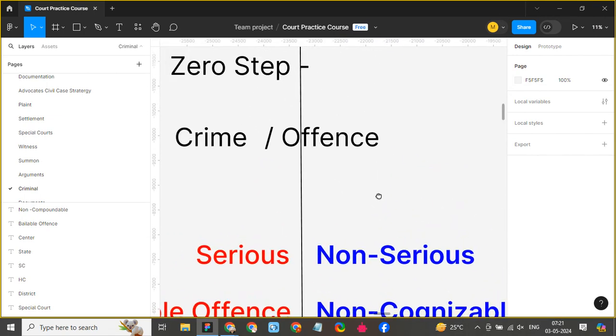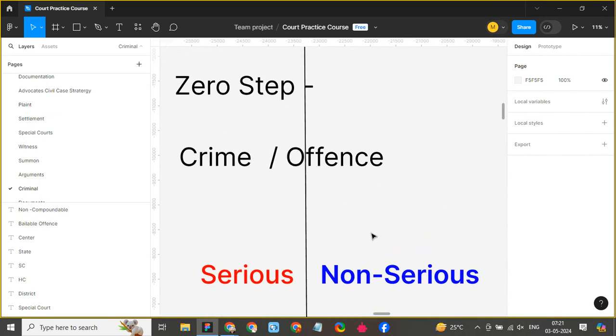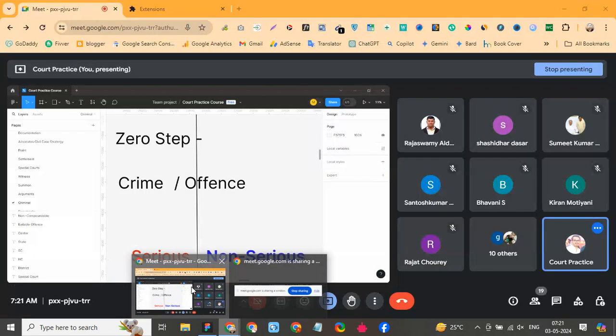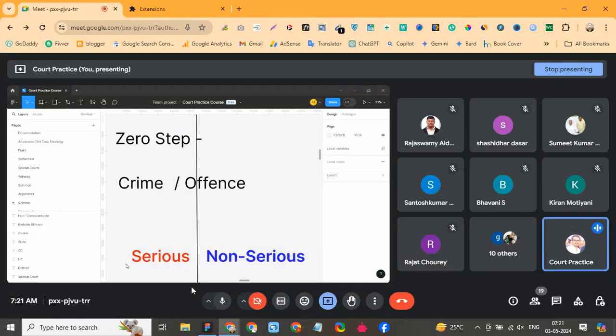In many dictionaries or books available on the internet or around us, it is said that whatever crime has a punishment of more than 3 years or 2 years, that particular crime we can say it as a